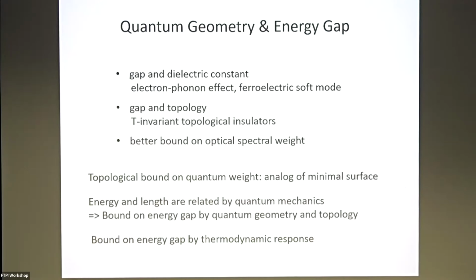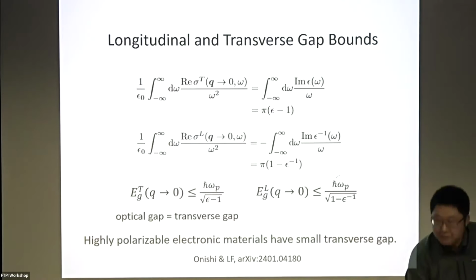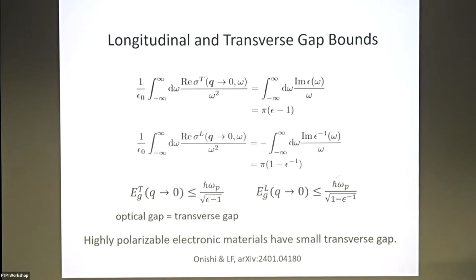If you have a material which is close to a ferroelectric transition, the dielectric constant is supposedly very big, so doesn't that mean a small gap? Yeah, this is a great question. When I derived this bound, I used the f-sum rule, which relates the full optical spectral weight to the density and the mass. So this applies to Hamiltonians of electrons without coupling to the lattice. That's why this epsilon is really the electronic component of the dielectric constant.